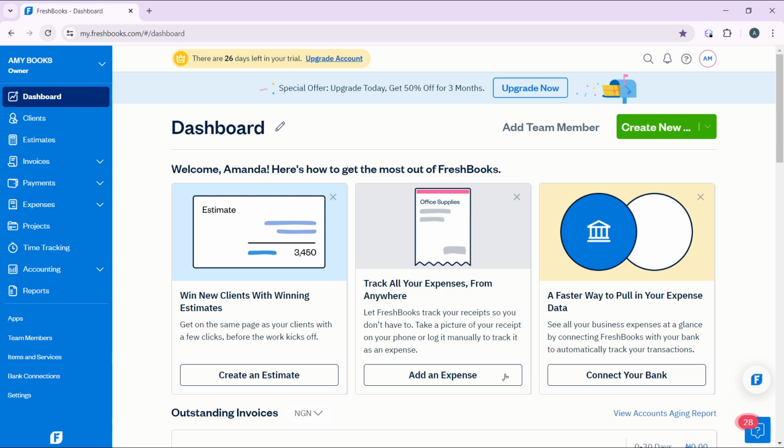And of course, after signing in successfully, it's going to take you right into this fantastic homepage where you can now explore a couple of features to have an exciting time on FreshBooks. So now that we're here, let's quickly hop into today's task, and that is how to change the date format